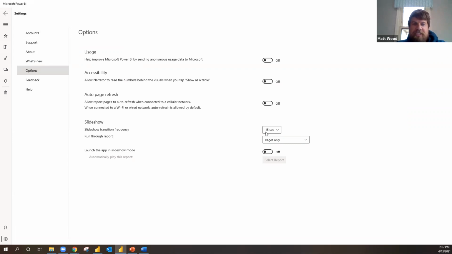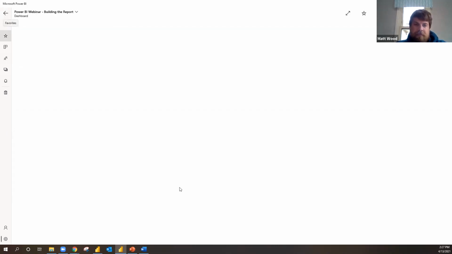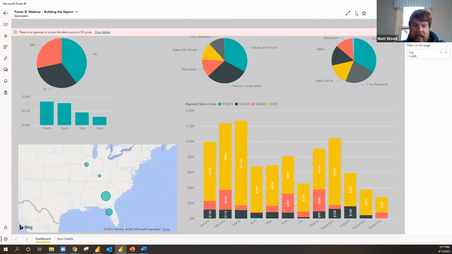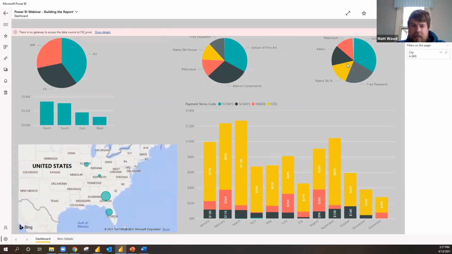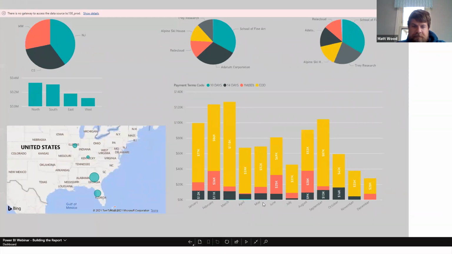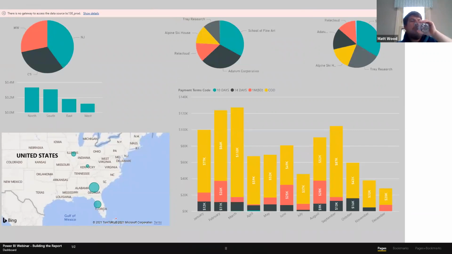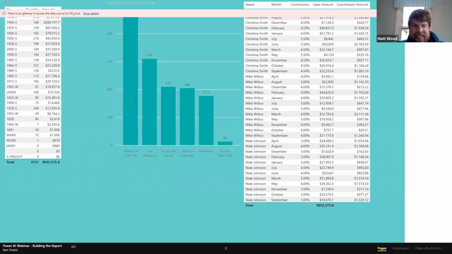You'll notice here, we're going to turn on a slideshow. So when we do that, we're going to tell it how long we want these to show. So we're going to do pages only, and we're going to hit that drop down. So we could say we want this to be 5 minutes all the way to 5 seconds. So we're going to just set 5 seconds for this. And when we come back out, we are in a slideshow view here. If we extend that out a little bit, we'll notice here's the report, and then after the 5 seconds, it flipped and showed us our next report. So this is real nice.